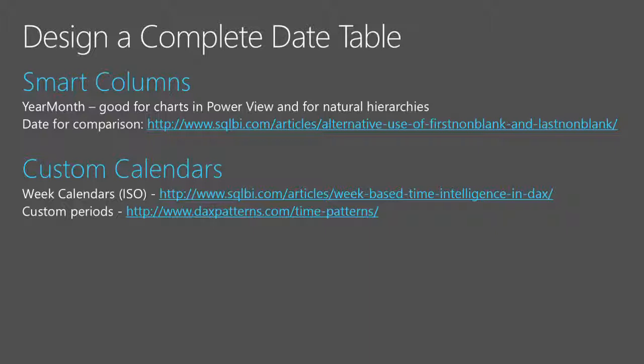Why? If I merge the year and the month, for example, in Power View, I have a better UI. In Power View, you cannot combine two columns like year and month in order to create a line chart. So if you want to see a line chart for more than 12 months, you need a single column that has both year and month, because otherwise you will see only 12 months and you will not be able to see different years in the same chart.